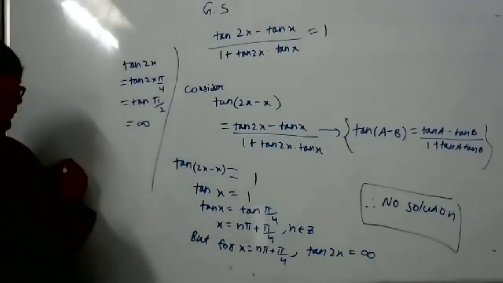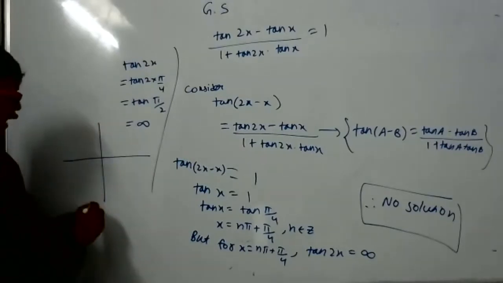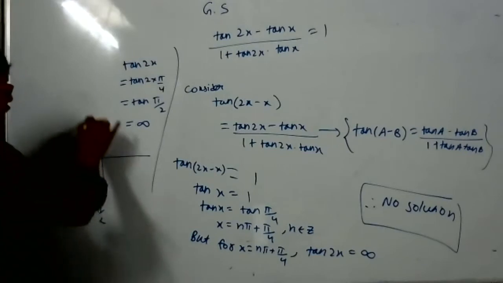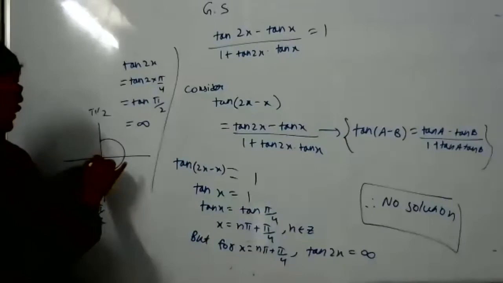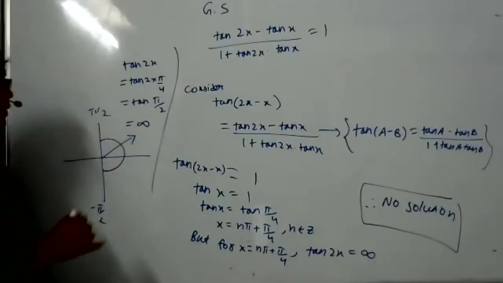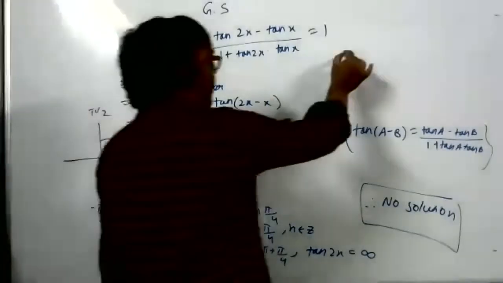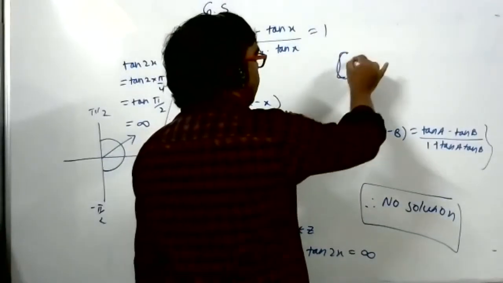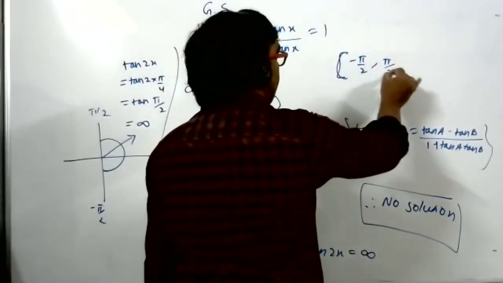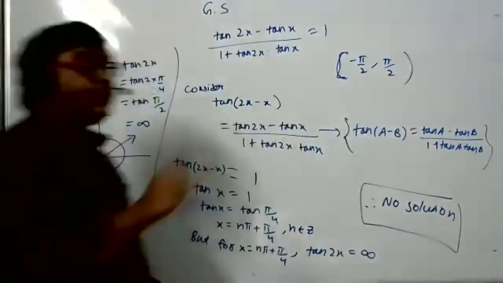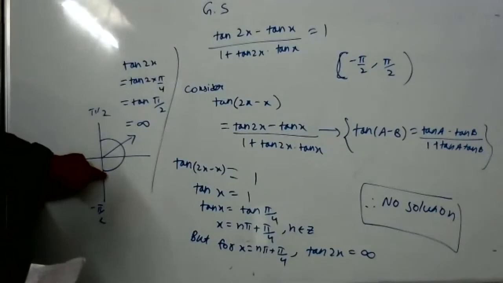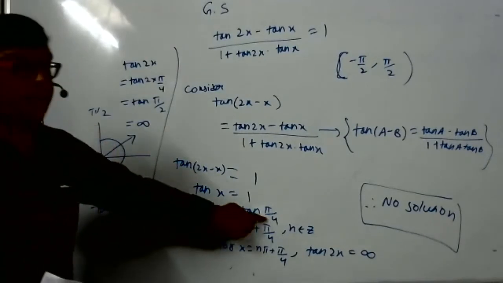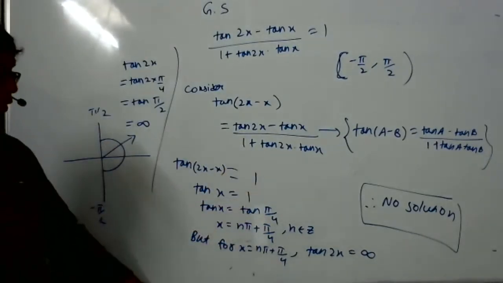See here, I think you can see the board. Cartesian coordinate: minus pi by 2 is here, pi by 2 is here. So in this range, pi by 4 also lies. You cannot say pi by 4 doesn't lie. I think you're getting confused. Minus pi by 2 to pi by 2 doesn't mean only two angles, it means all the angles from minus pi by 2 to pi by 2. See here, minus 90 to 90, 45 also lies in that range, I'm telling you.